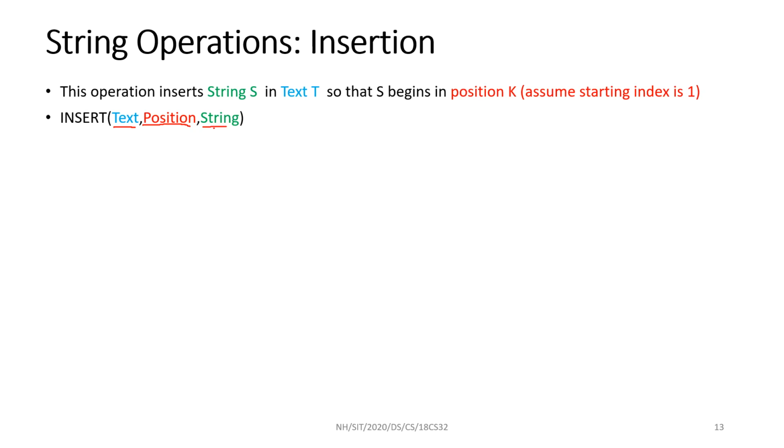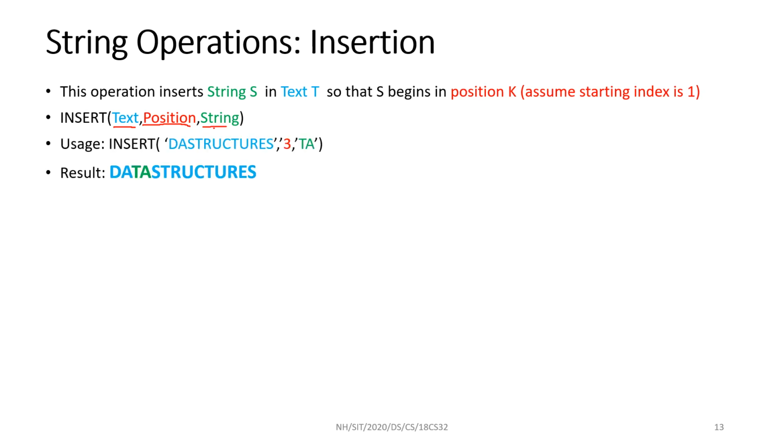Here we will assume index equal to 1. The first character index is not 0. Here we will assume 1. Okay. Now this is my string, data structures. The position that you have to consider is 3. The string to be inserted is TA. I told you I'm assuming index equal to 1. 1, 2. Here I have to insert after